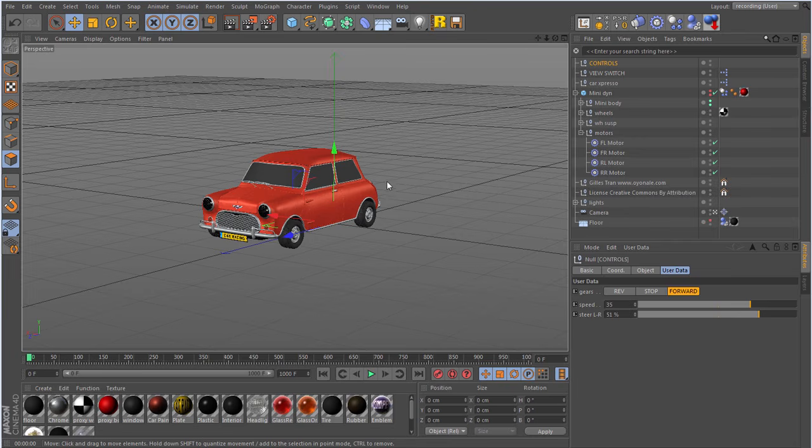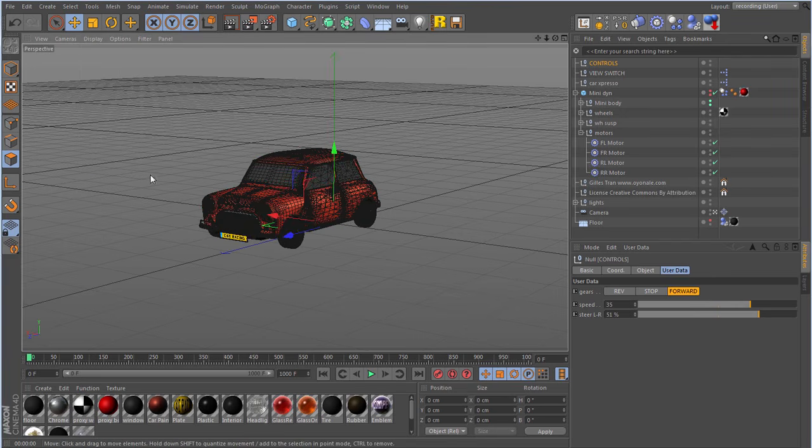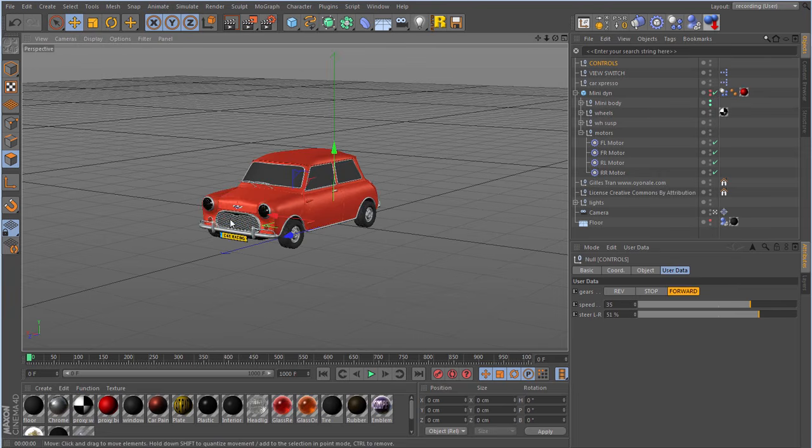Okay, so we're back with our Mini Cooper, and a mistake that a lot of people make the first time they try to apply dynamics to a nice model like this is to think that all you've got to do is hang a dynamics tag on the car body, then you just make the wheels dynamic, then you get some wheel suspension units and some motors and what have you, just hook everything up, and you think, well, that's it, I'll just press play and the thing will drive around the scene. Well, you might just get away with that if you've got a low definition, low polygon model, but with a car like this that's very detailed, and as you can see there's a very large number of polygons in this vehicle, if you start applying dynamics to all those polygons, you're heading for a big disappointment.